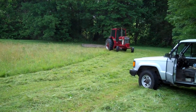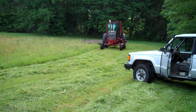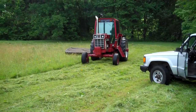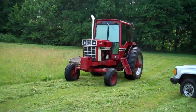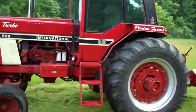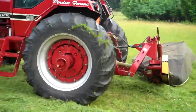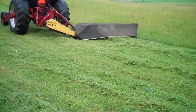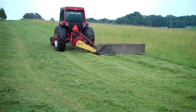So this is the way that he'll come up here, and that's his cutter. He's cutting a swath a couple of feet wide. That's my trooper in the video here. I'm going to be quiet as you hear the tractor go by. And that's driven off the power take off, and so he's cutting about, I'd say, an 8-foot wide swath,